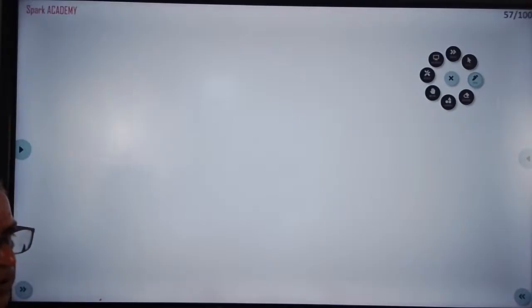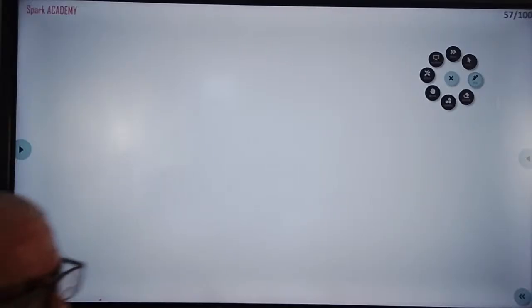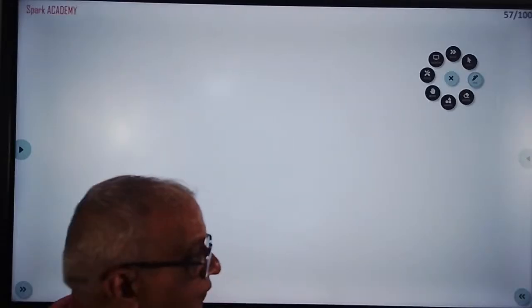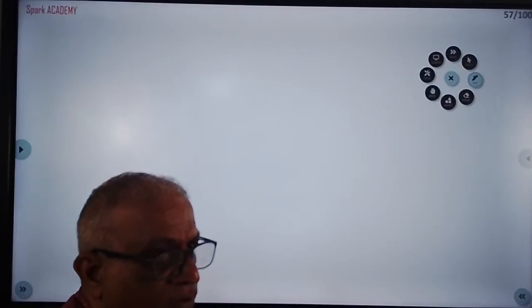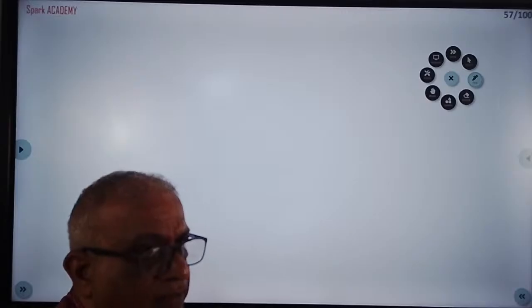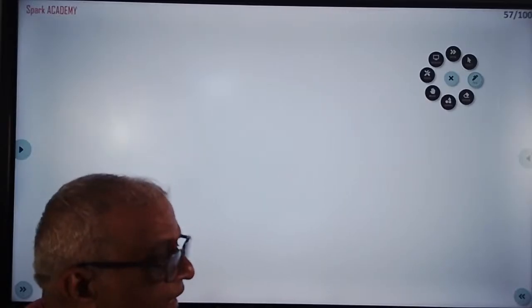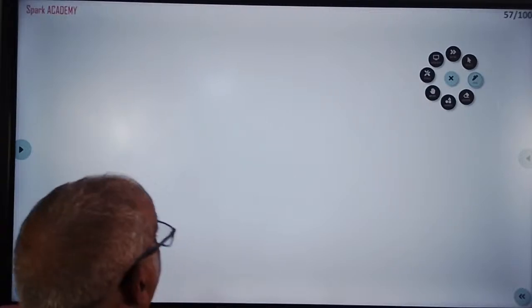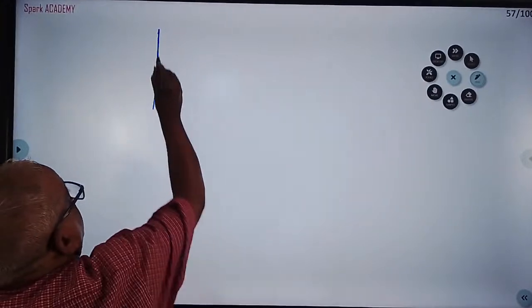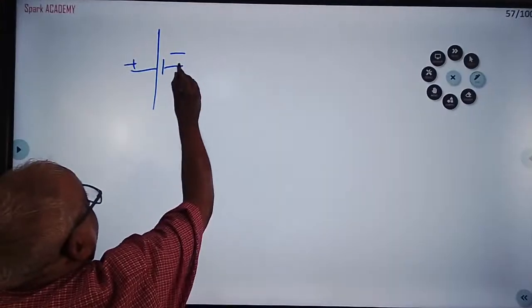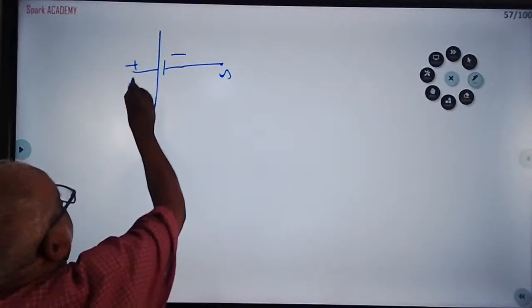Again, a separate circuit is not necessary. First you write the statements of Kirchhoff's first law and second law. For the second law, you take a simple circuit and in that circuit you can apply the law. For cells, how do you take it? For example, the cell you are taking has plus and minus, A and B.